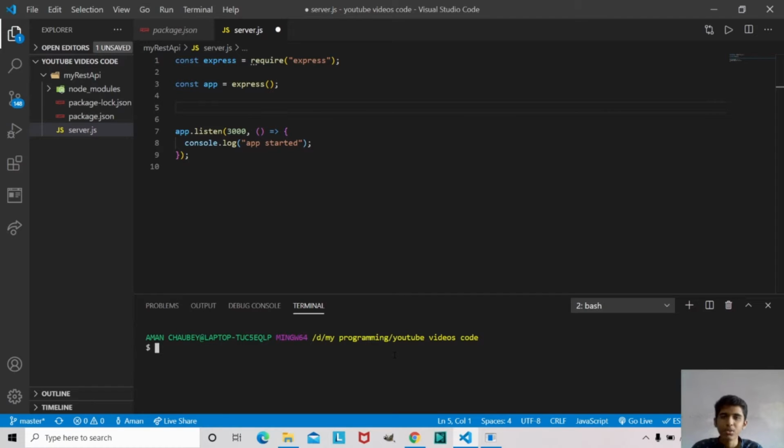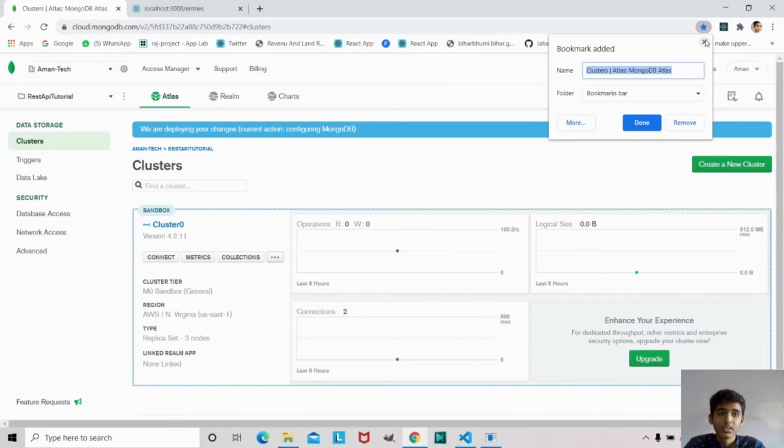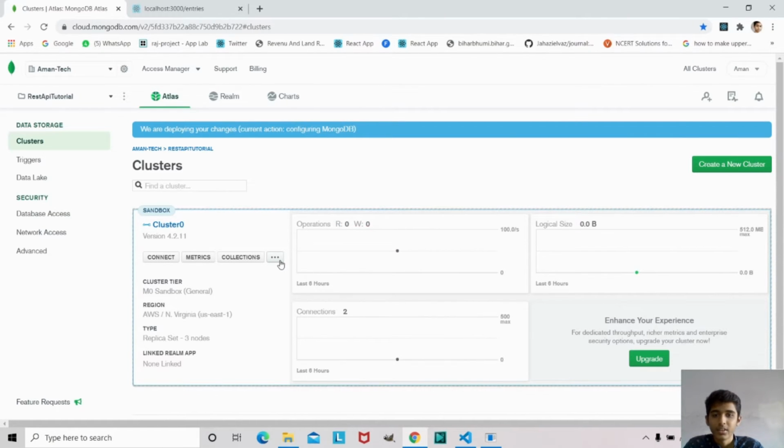It's gonna help you connect with MongoDB and do CRUD operations very easily, rather than doing it all from scratch, which would take a bit of time. That's why we use packages like Mongoose. There are a lot of packages like Mongoose, but Mongoose is very popular. So npm install mongoose. So guys, our cluster is ready, and to connect it, you just need to click on this connect button,